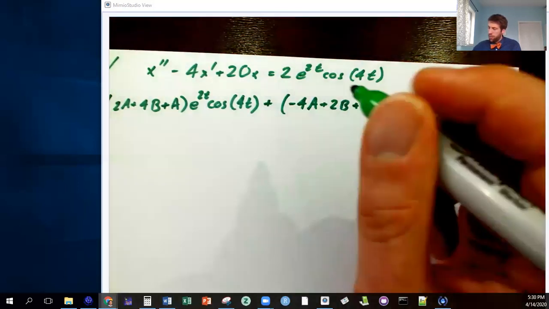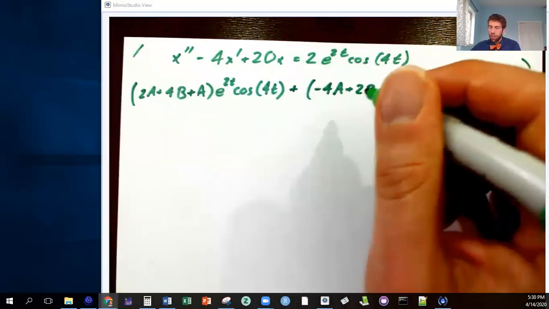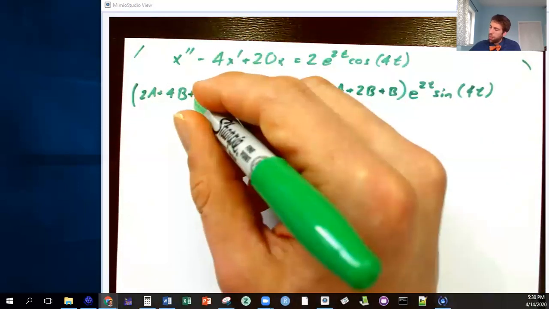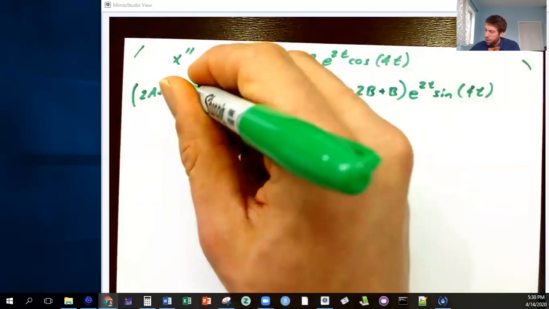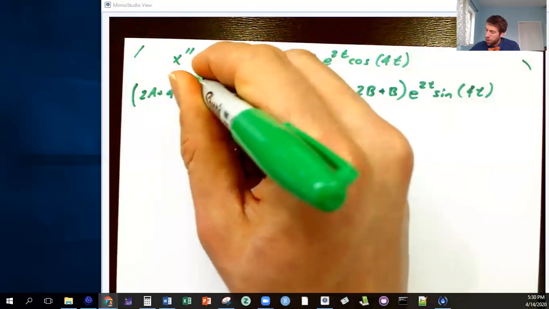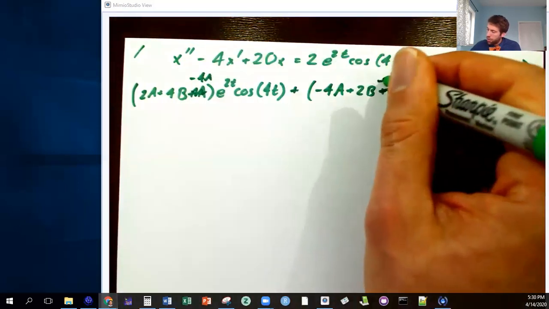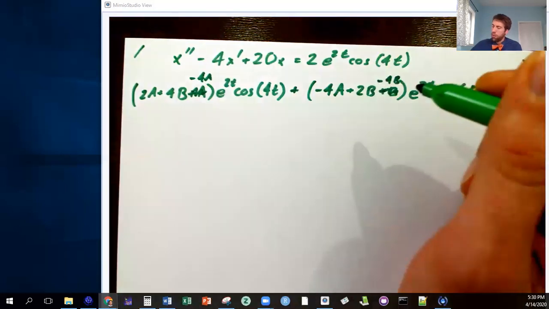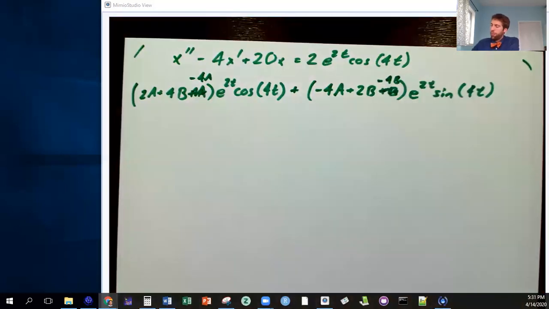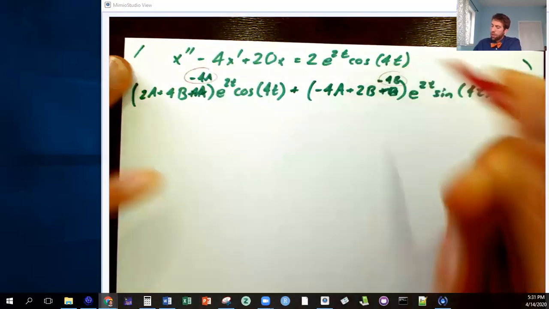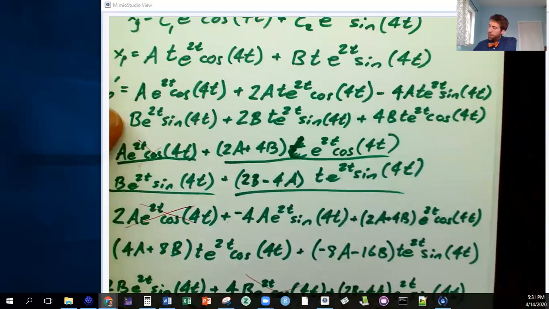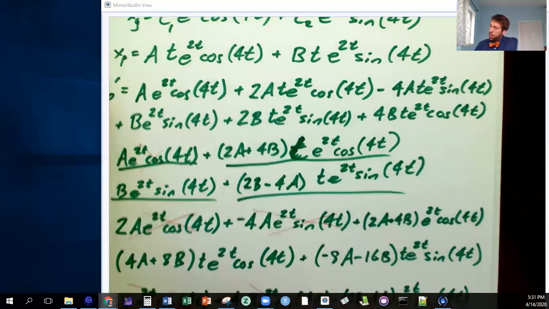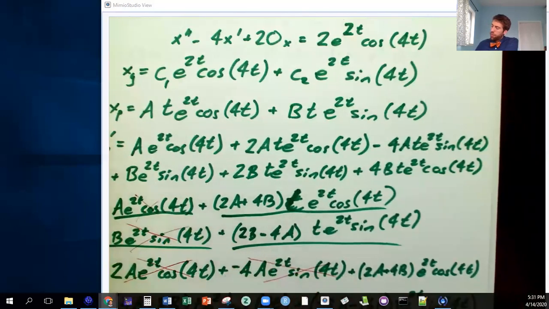Oh, but guys, this term and that term are from x prime, and there's a negative 4 times that. So minus 4a minus 4b. Okay, I'm going to circle that so I don't miss it. Then go back to here, and that means I just use the negative 4a term there, and I use the 2b term there, and I use the b term here. Okay,